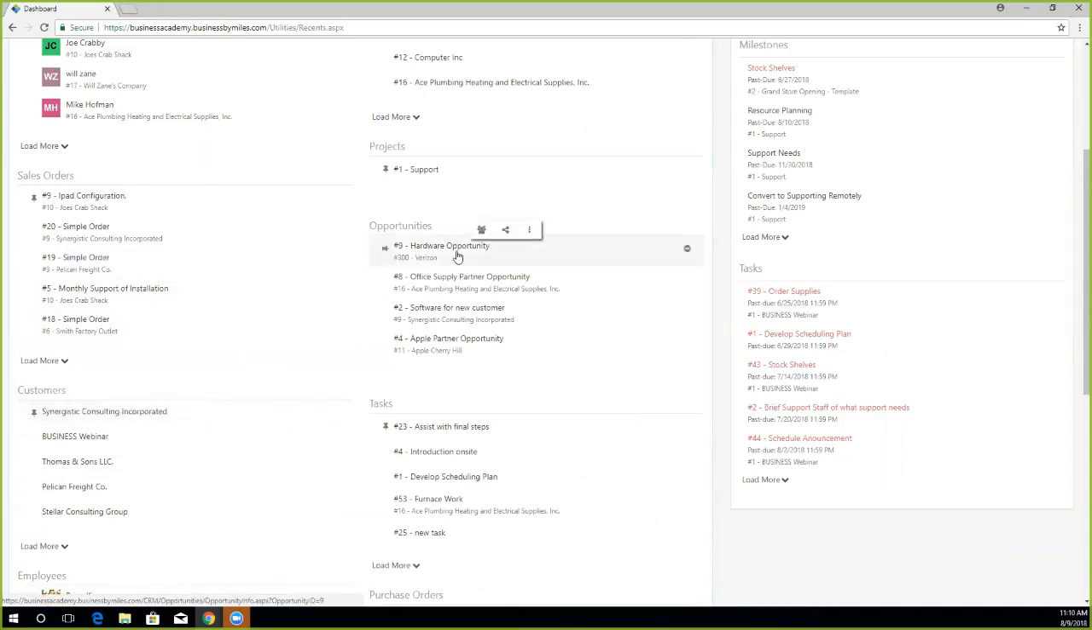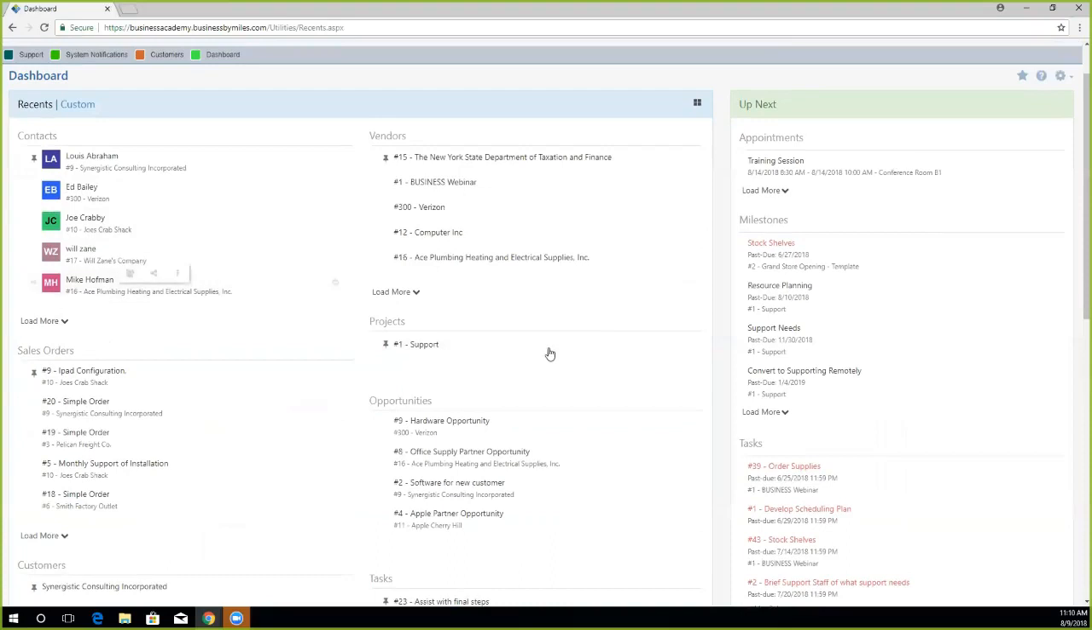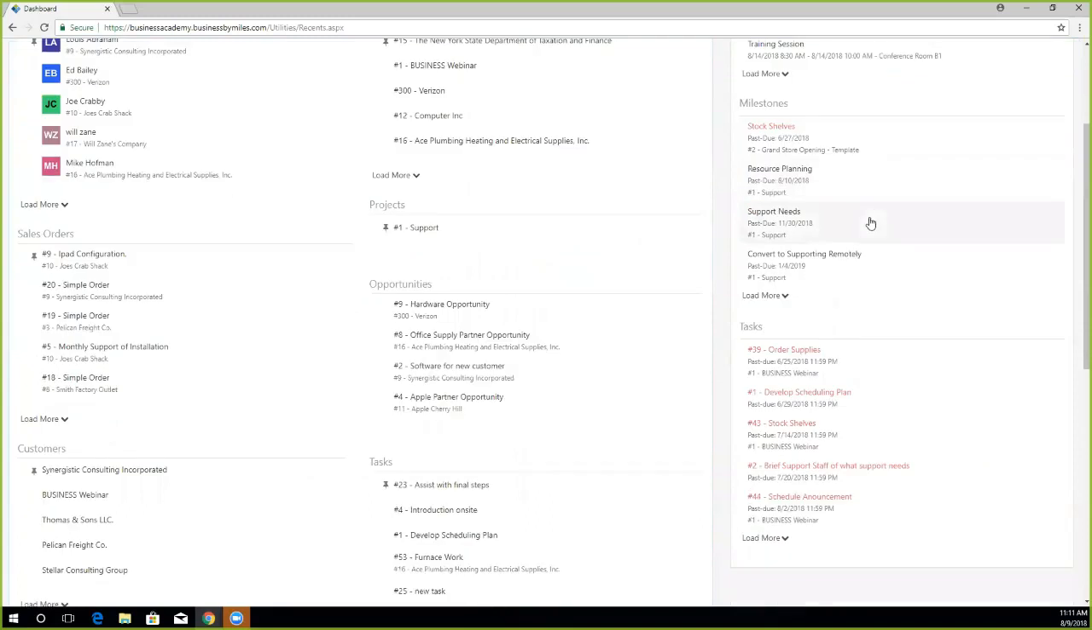And all that hover functionality is available for every single thing within the recents and really makes it easy to add certain things or share certain things within business. Now on the right of the recents is an up next, and this shows things that are upcoming for your schedule. So for instance, I have my upcoming appointments, and for milestones, I have these upcoming, and I have my